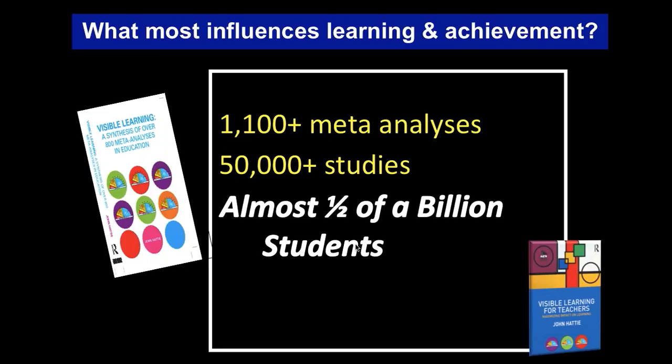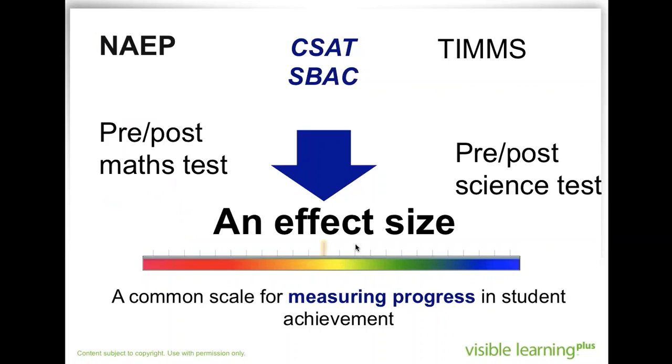So he's taken the last 50 years of educational research that include over 50,000 studies, almost 500 million students, to determine what really has influenced learning and achievement at the highest levels. And he uses a formula called effect size, which will allow, for example, when we use the California Achievement Assessment, now the SBAC, and compare dissertations and studies and educational research that might use the TIMSS or the NAEP or anywhere across the country or across the world to have a common measure when we're looking at what was the